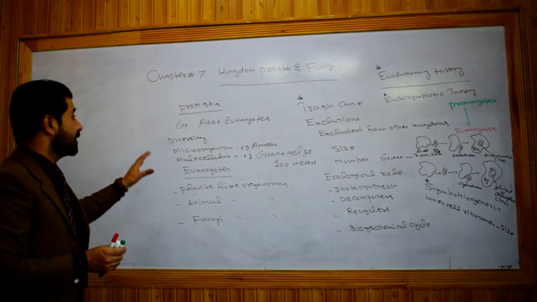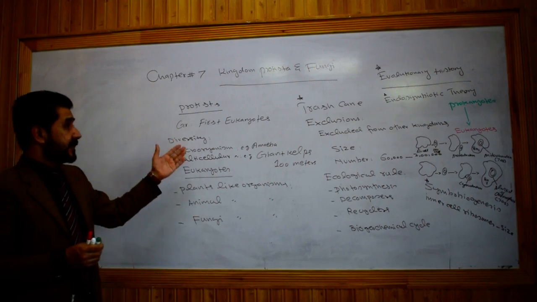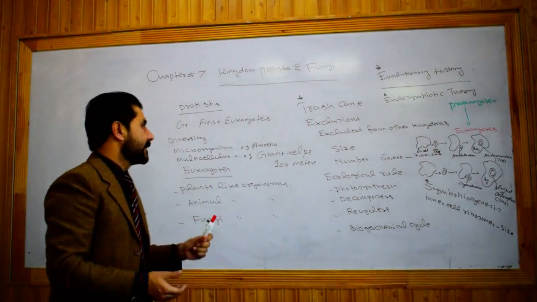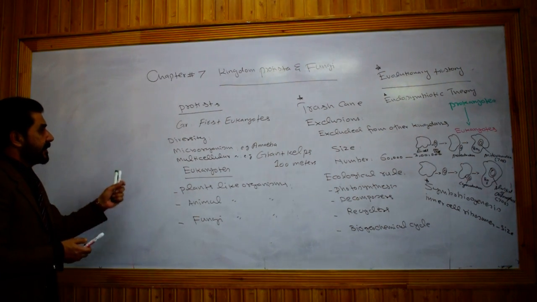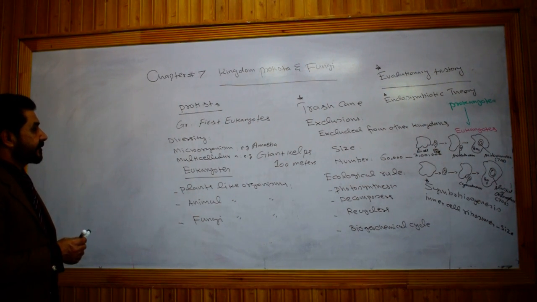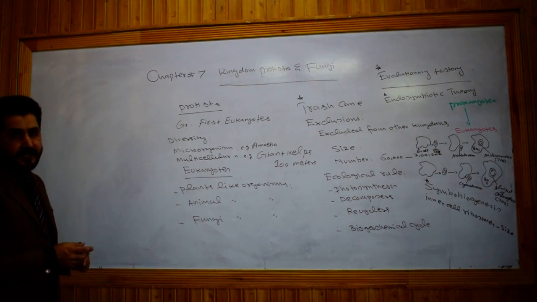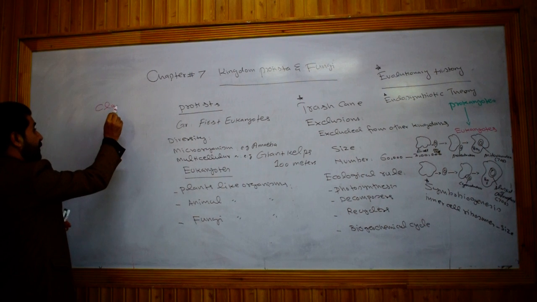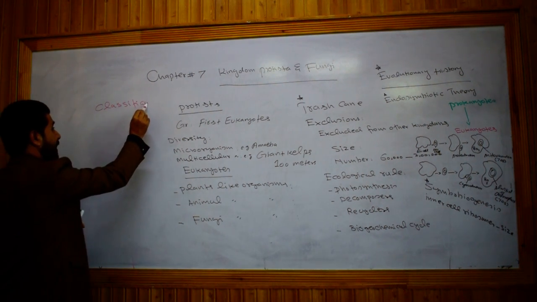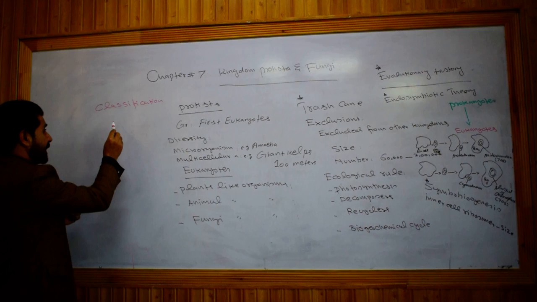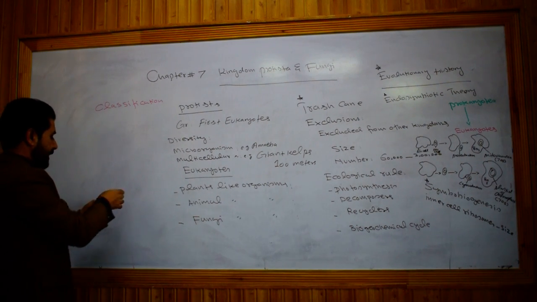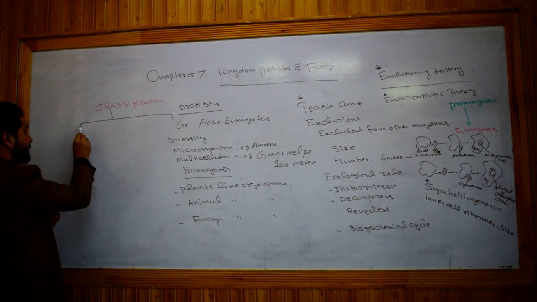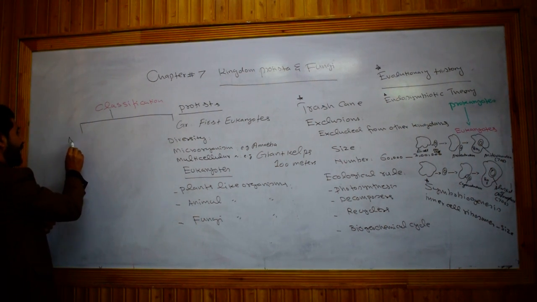So this is all about the protists, their introduction and the evolutionary history. As I told you, Protista is a huge kingdom in terms of diversity. So it is classified into different groups. Kingdom Protista is classified into different groups. That is, it includes animal-like protists,